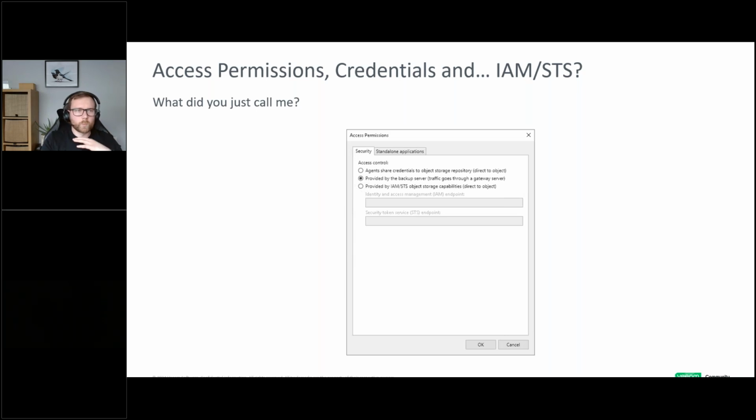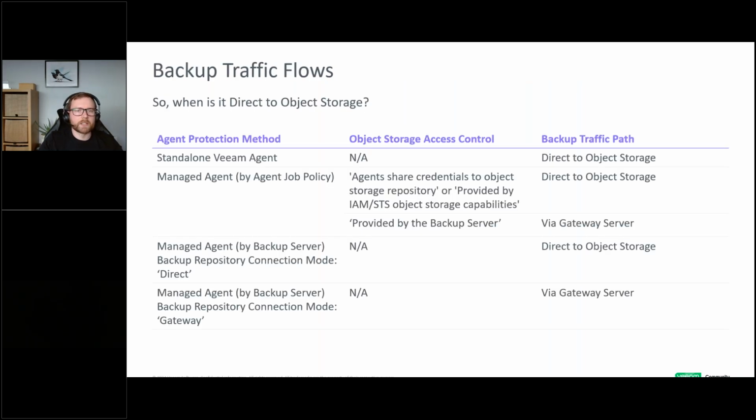So with the scene set in the background there, we've got 5 minutes left on the clock here. So let's now start to pull all this together and see how this fits. I've tried to make something a bit more simple and digestible as an output. So let's answer the question posed at the beginning. When is a backup that is direct to object storage actually direct to object storage? And here we have it.